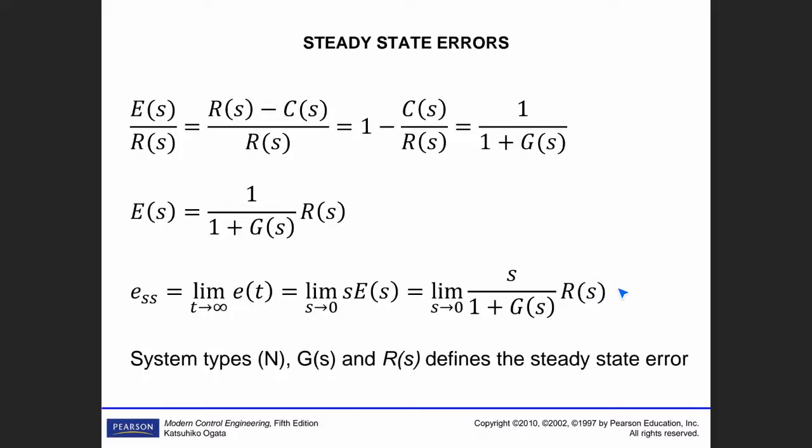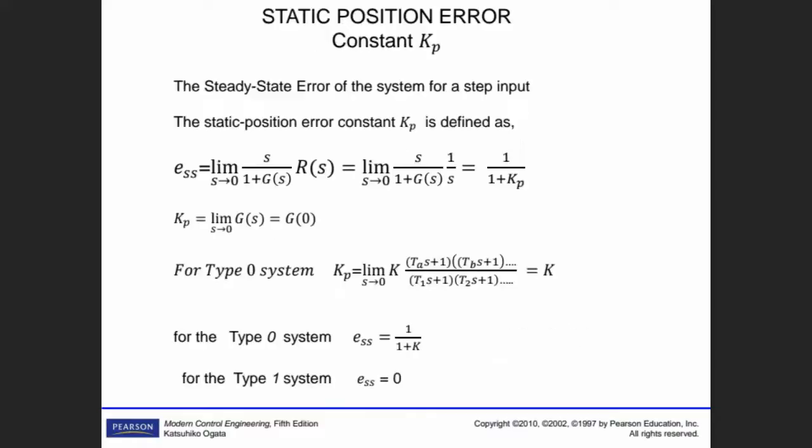If R(s) is equal to step, you are going to put 1 over s here. If R(s) is ramp, you are going to put 1 over s squared, or for parabolic, 1 over s to power 3. But they define it as static position error,